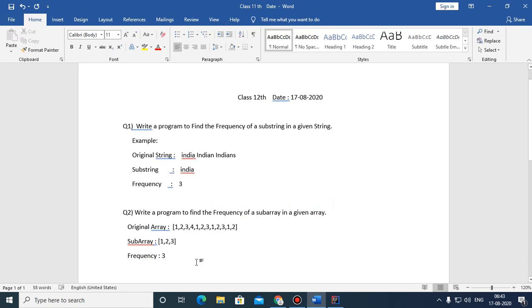So the same logic which we will be using in order to find out the frequency of a substring in a given string, we will apply the same logic here. So first of all, we will see the first one.